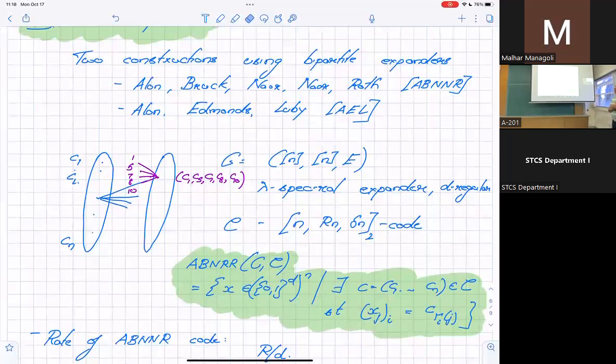The question is, this construction is good with respect to distance, but it's bad with respect to rate. Rate is just falling by a factor D. And the question is, can we redeem this? We want to see if we can keep the rate from falling. If you carefully stare at this code, what happened here? I put this code C1 here, then wrote it on the vertices